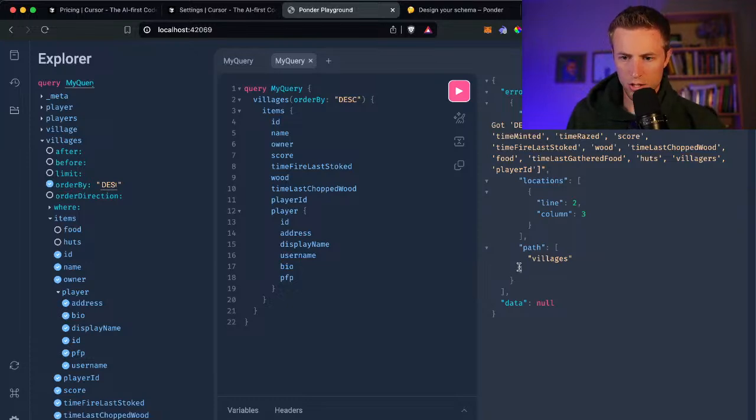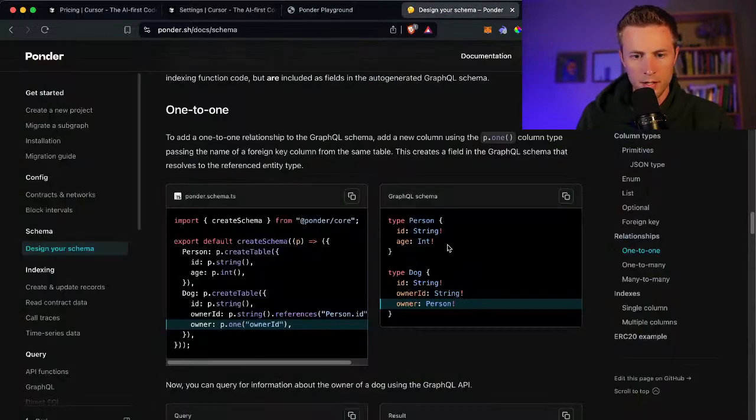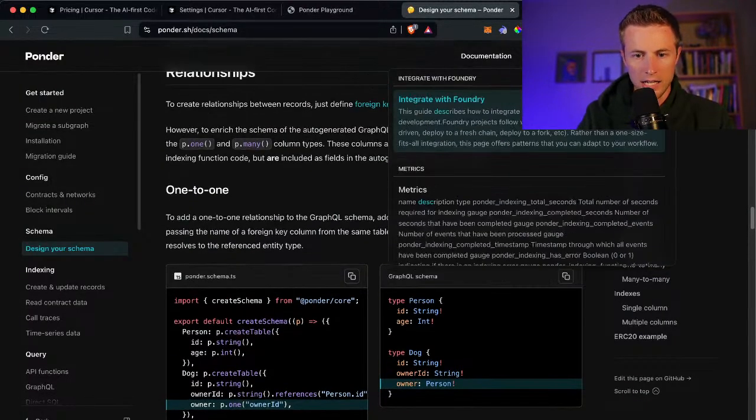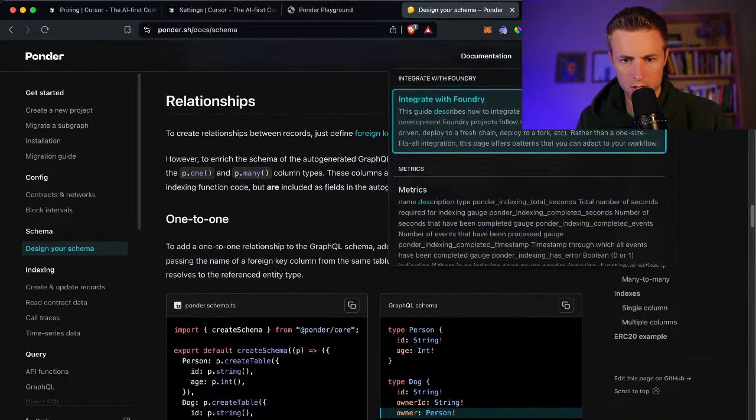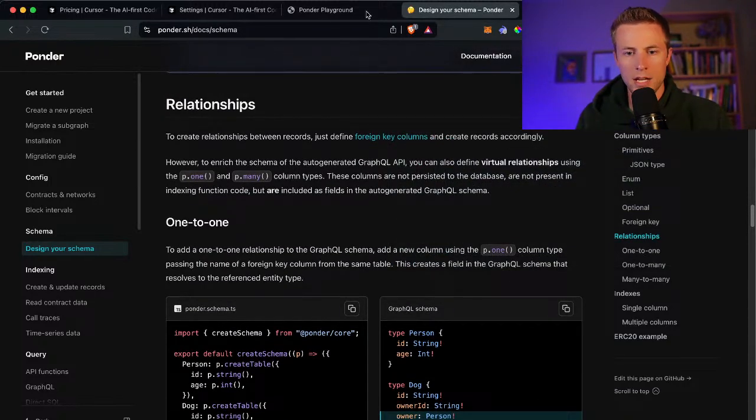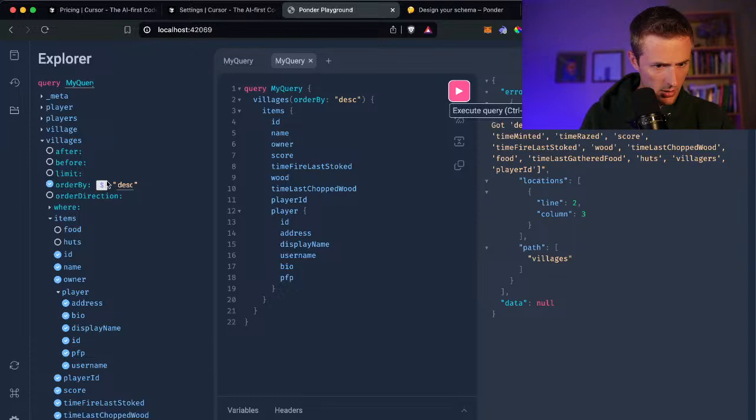Invalid sort. Column does not exist. This is where we need the ponder docs to work. Actually, I should be able to see it in here. No, it doesn't show. What is it? Order by score. And then